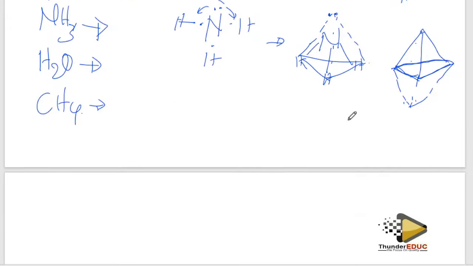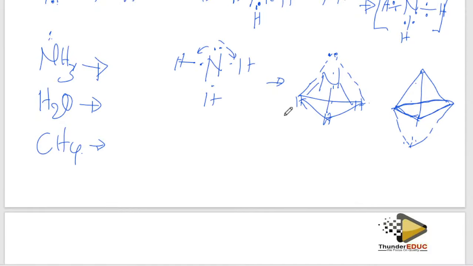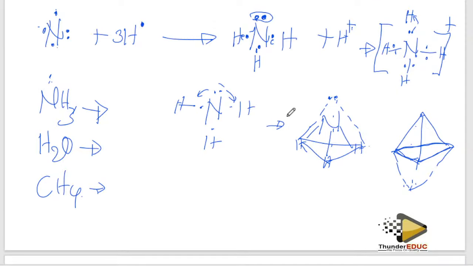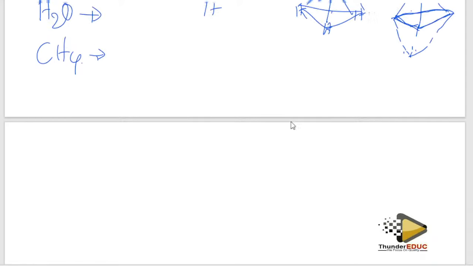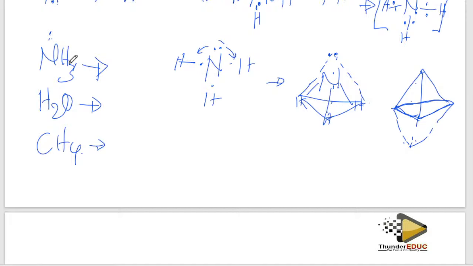I'm not explaining that in detail, I'm just trying to show you. Please, I repeat, don't go without knowing the shape of ammonia, the shape of water, and the shape of methane. How do I form a dative bond with ammonia? And how do I form a dative bond with water? I think I'm clear there. Then, let's go to the next part.